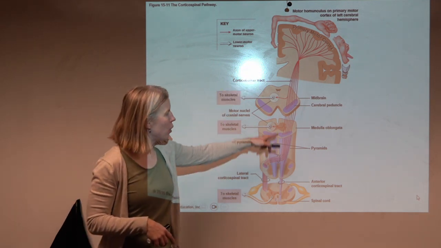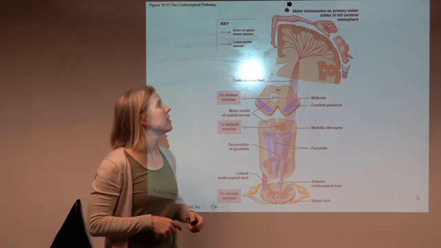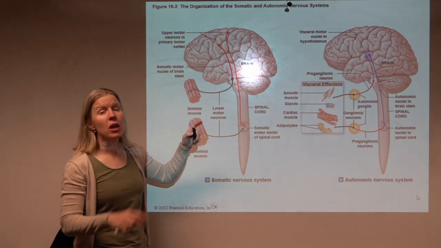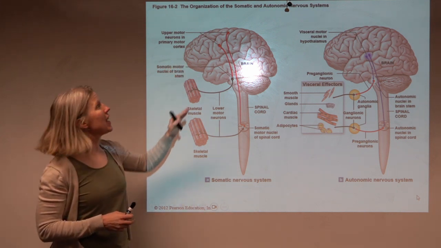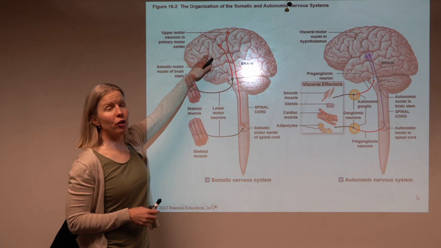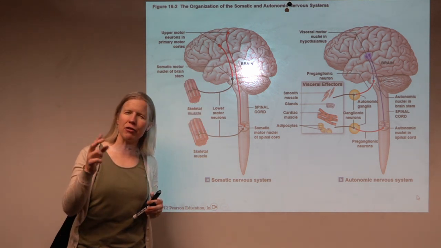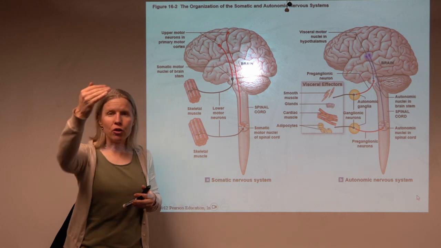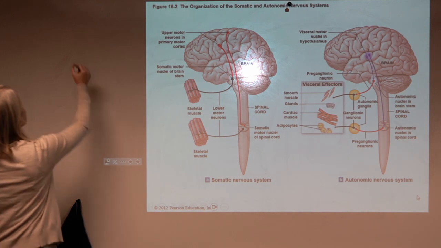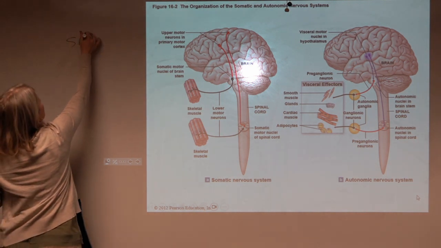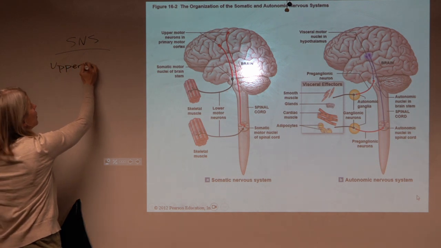As we look at how this information is going from the cortex out to the skeletal muscle, right, we have a slightly different setup in our pathways here. We're going to have what we call an upper motor neuron and a lower motor neuron, right? So on the sensory side, we had first, second, and third order. Here, as far as somatic nervous system motor output, the somatic nervous system has an upper motor neuron,